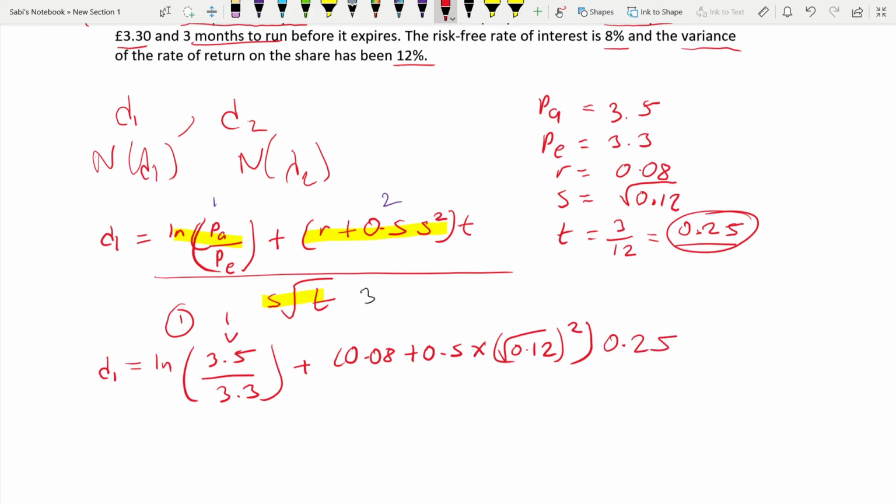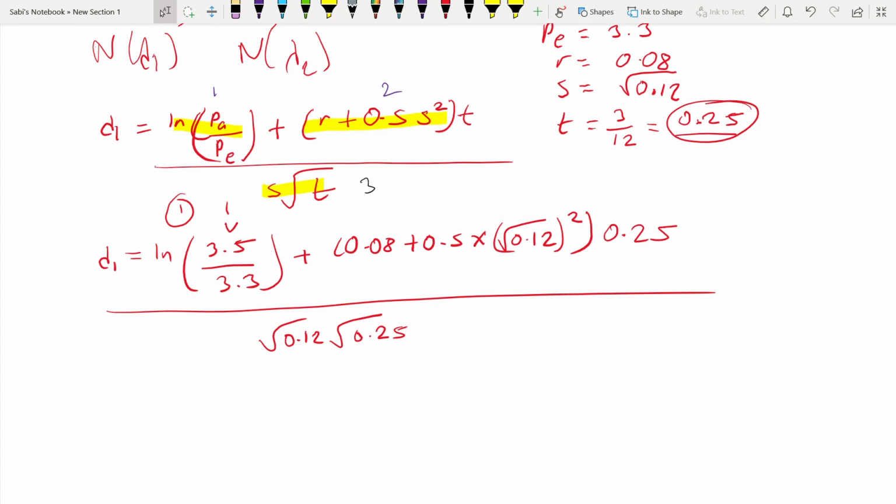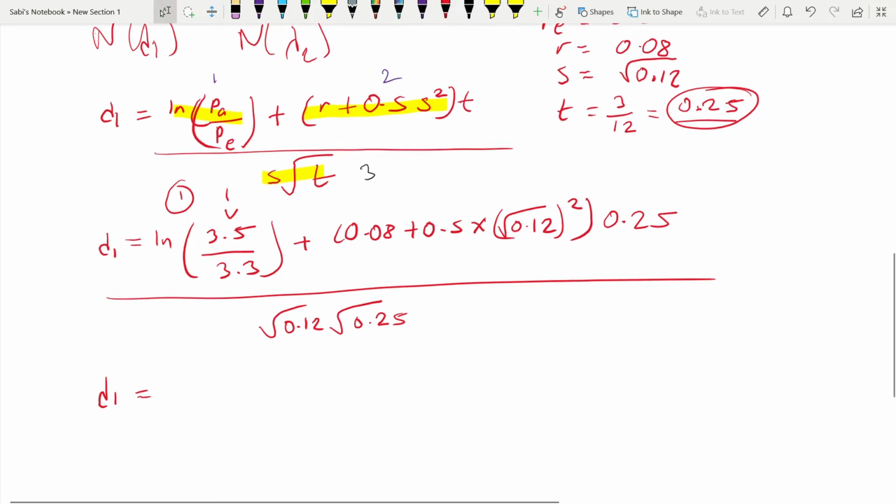Now divide the whole thing, the third step, s over square root of t. So s is the square root of 0.12 into time, which is 0.25. You can keep it like this also, or you can find out the square root of 0.12 into 0.25 to 3 decimal places. You can write it. So now the next step, D1: the amount that I'm getting from the first, that is logarithm of PA over PE, is